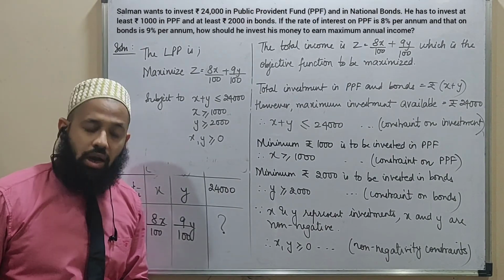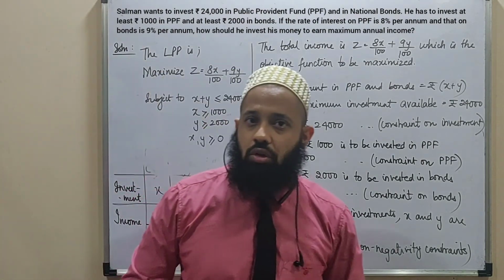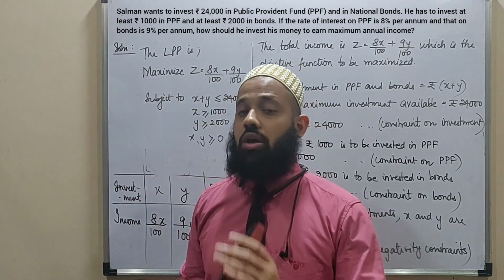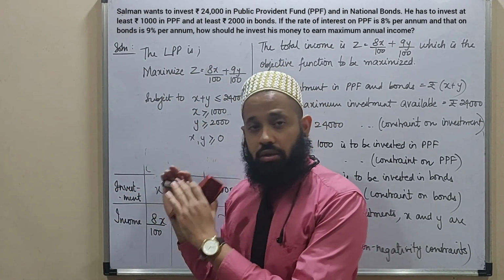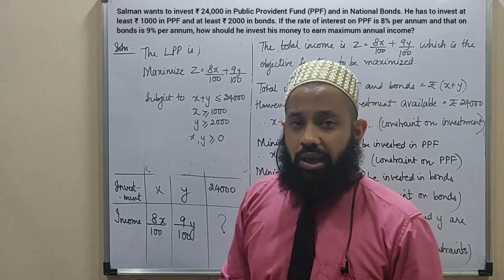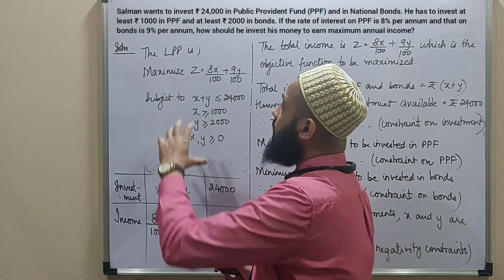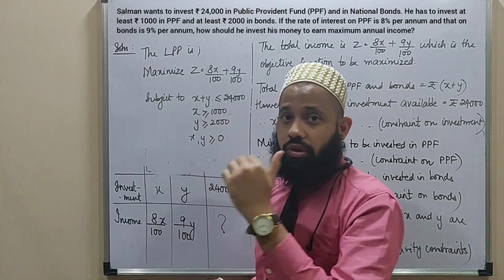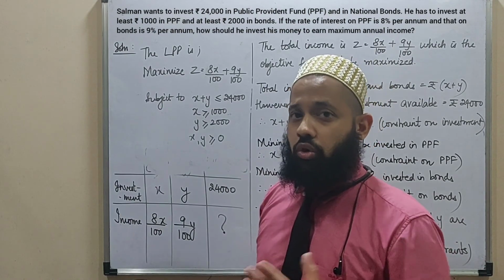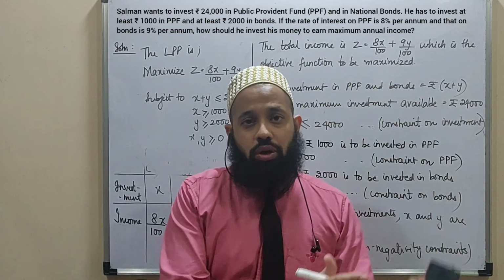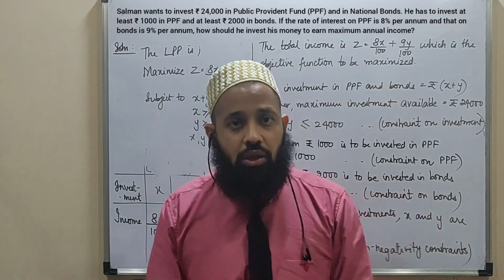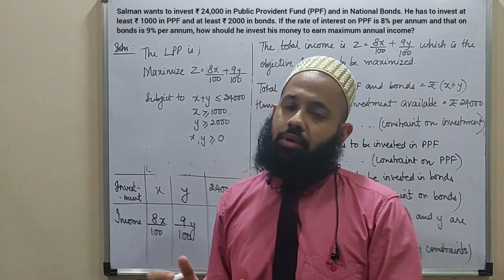This completes the understanding of formulation of LPP, where you are converting the word problem into the inequation and leaving it at a point where you have given the answer as the LPP. Next up, we'll understand how we will solve these LPPs to get the actual result. For example, in this sum, you would have actually told Salman to invest a so and so amount in PPF and so amount in bonds. That would be the solution of this LPP.